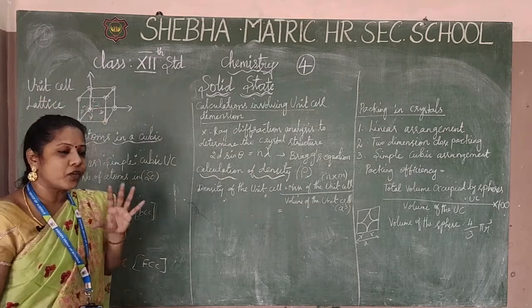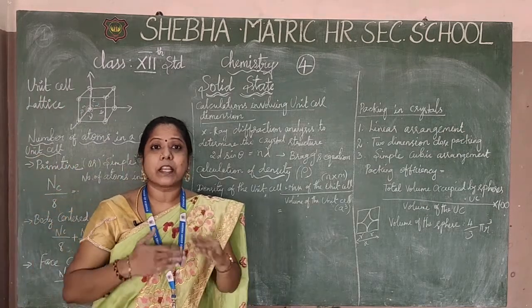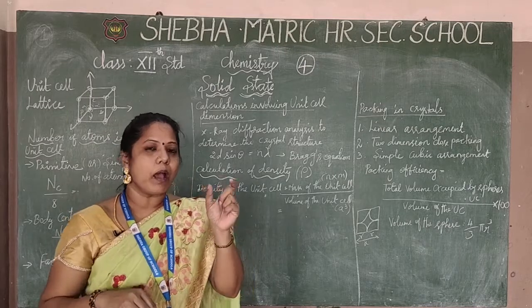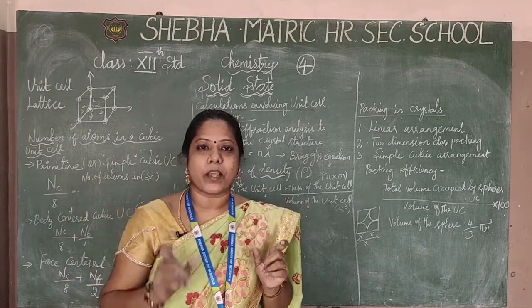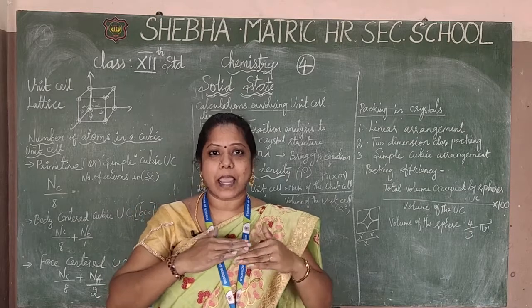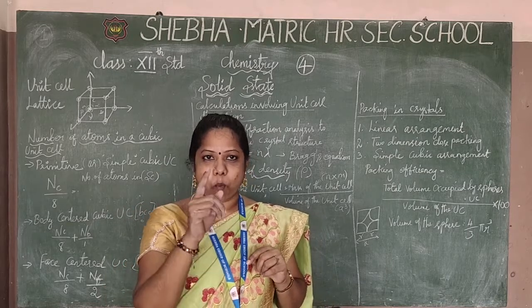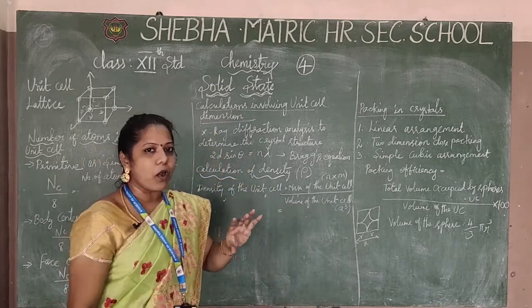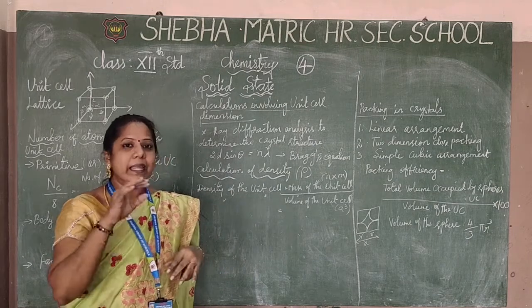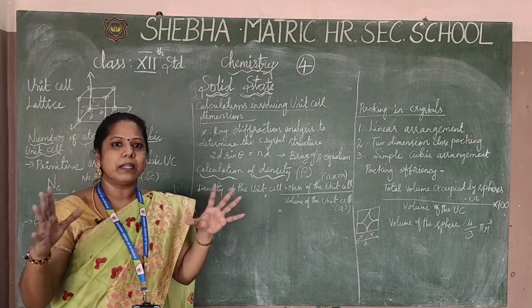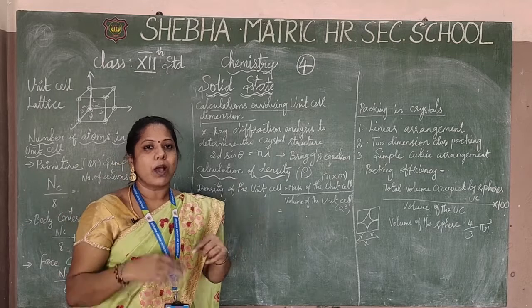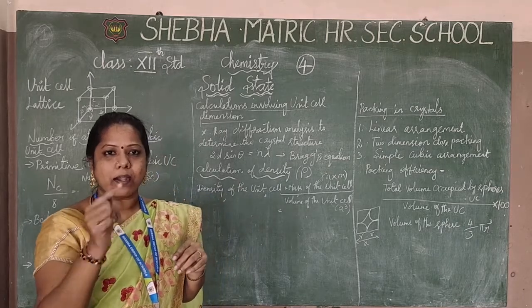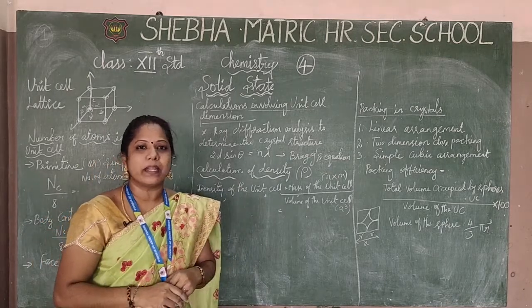In the crystal structure, the same thing is repeated, no? I have already explained the crystal structure. In this repeated structure, you have to take only one structure, and that is called the unit cell. This repetition builds up the crystal structure. So in the crystal structure we mention only one unit, and that is called the unit cell.